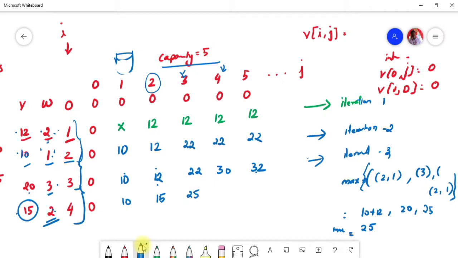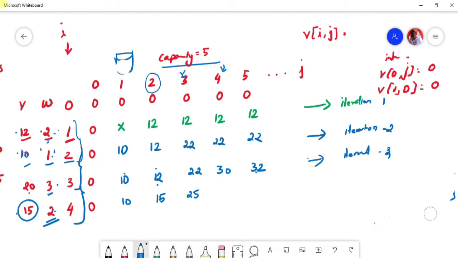Next, if we have the weight 4, then what about the value? Let's write the combination. What is the maximum combination we can have? Let's start from here. The value is 2 plus 2.